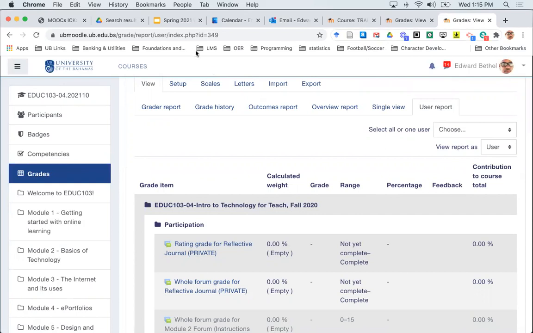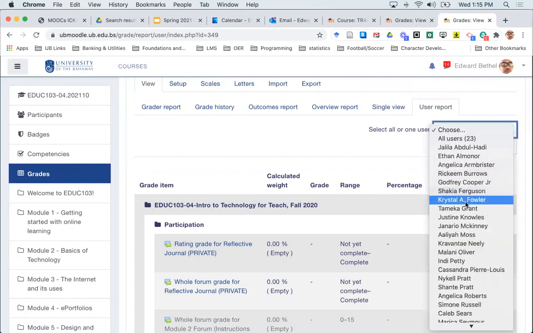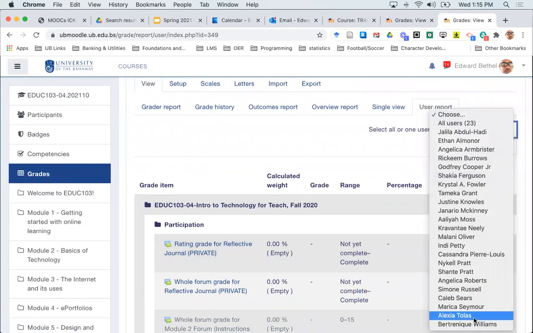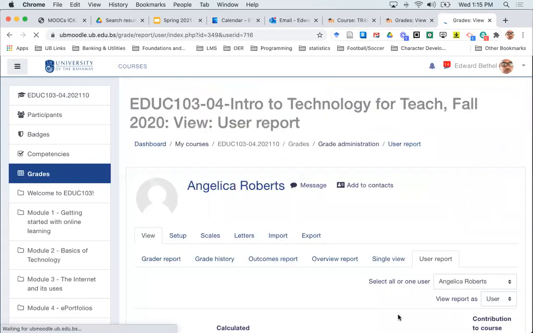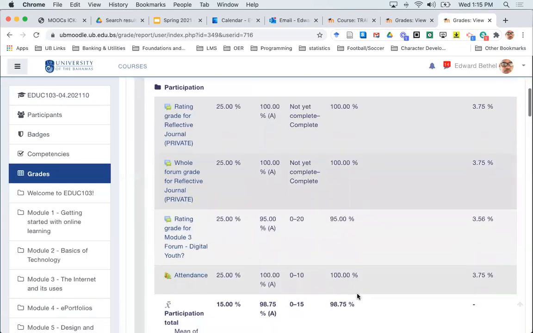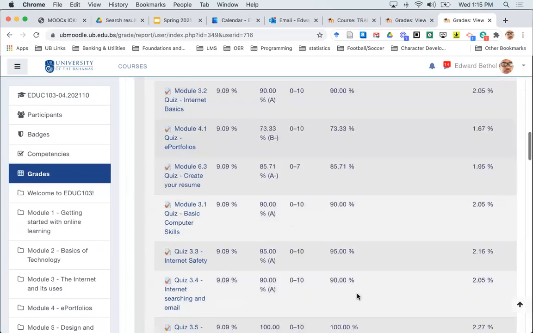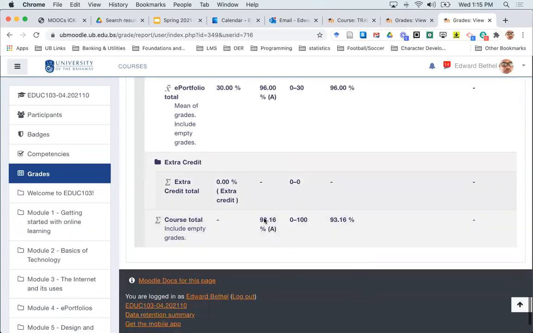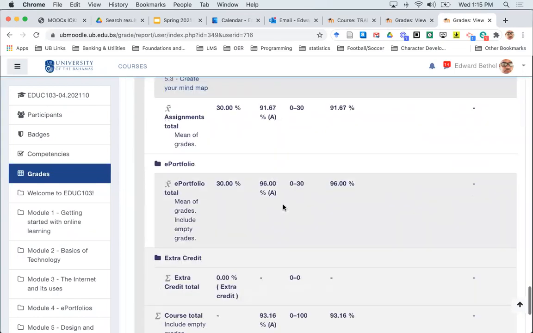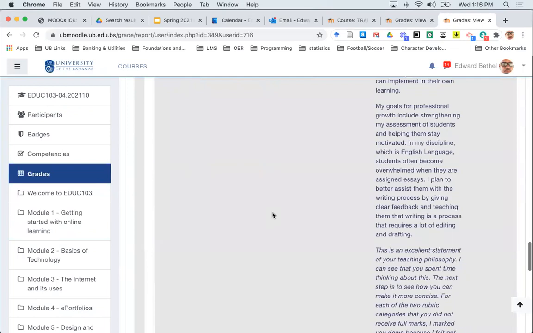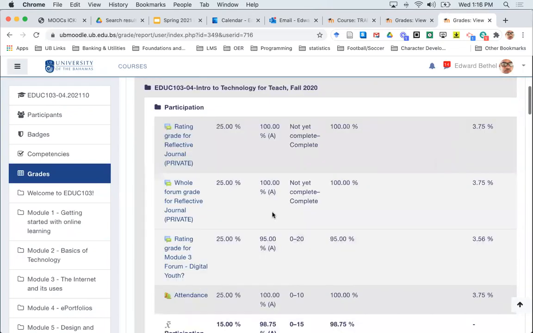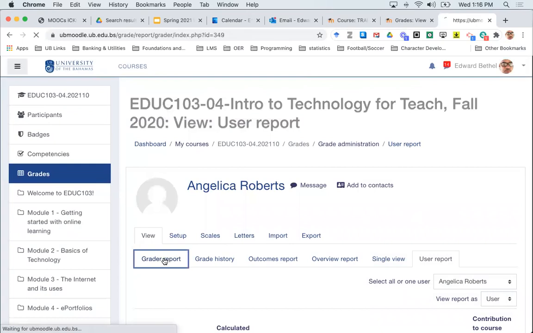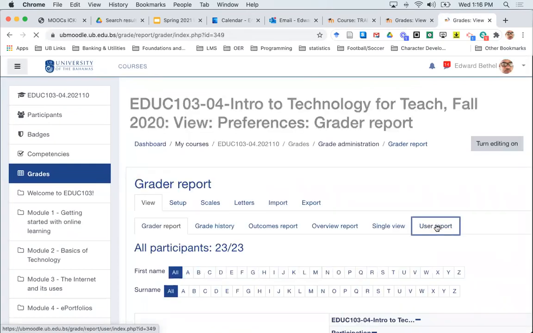Oh, good day. So I would just select a user. Let's say I selected Angelica. What I would see then is all of the students' grades as she would see it when she logs in. And at the bottom, the total grade for the course and each of the individual grades that contributed to that total grade. So grader report gives a complete spreadsheet. User report gives the individual